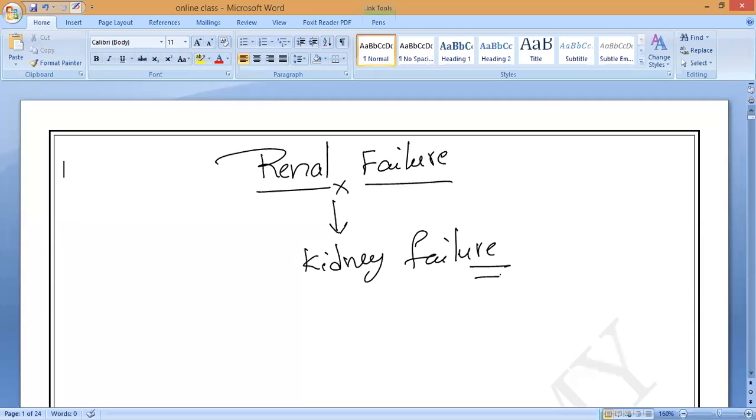Sugar patients usually go for filtration of blood. That is what we call, starting with the letter D, can anybody say? Dialysis. That is the technique which we use to survive even though our kidneys fail. If one kidney fails, we can survive. But if both kidneys fail, is it